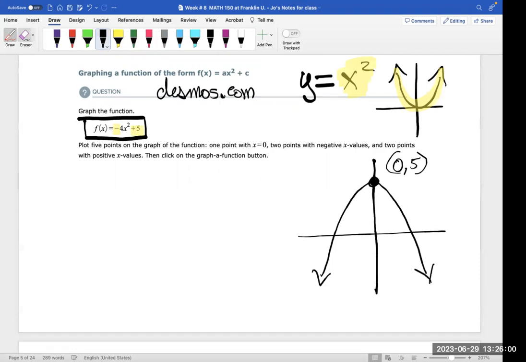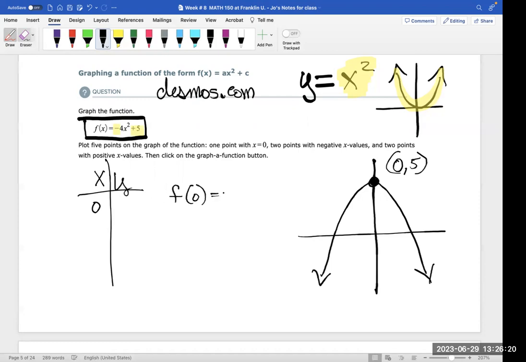On the test, we give you a graph and say, you find the function that matches with this graph. What I'm testing is, do you understand that the function has to have all of the ordered pairs that make the equation true? So if my x is 0,